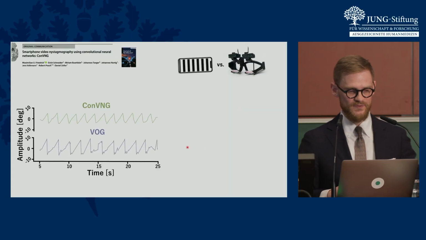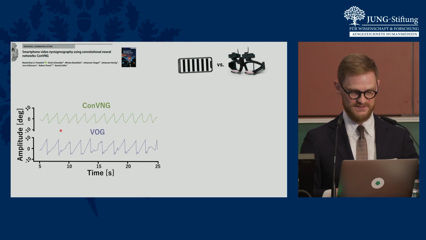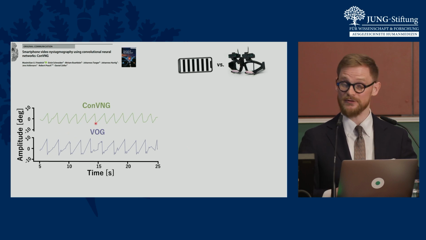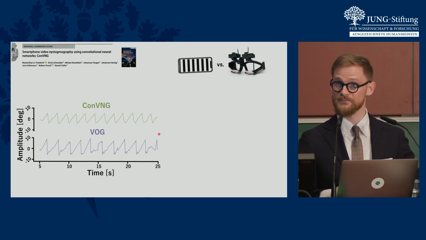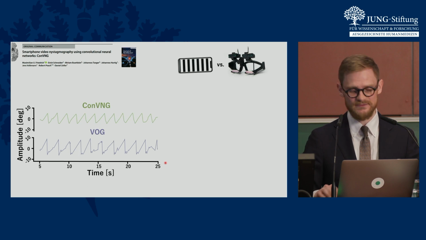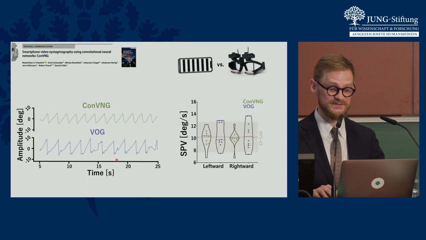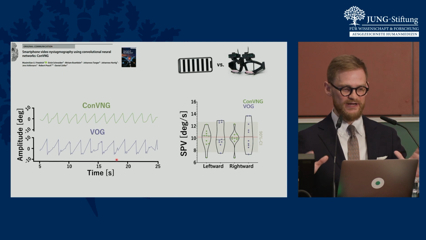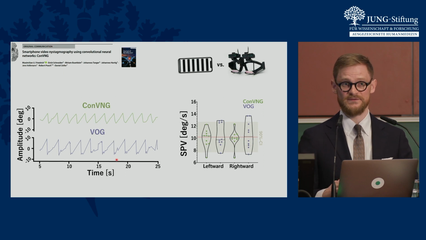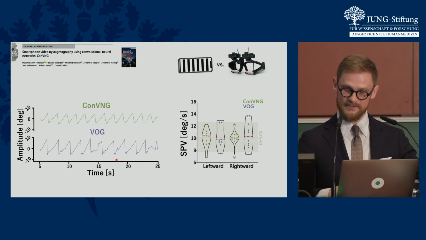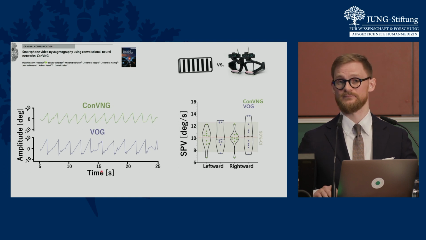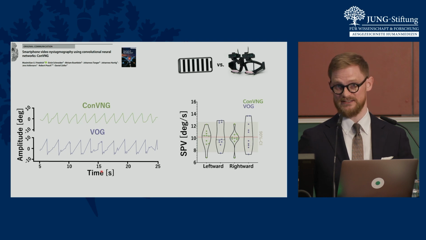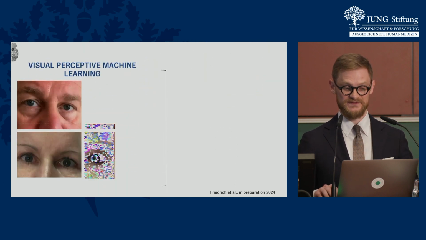So here you can see the traces that are being produced by both methods. Top row is the smartphone approach in green, and the bottom row is the gold standard. So it looks decent. It may not be as detailed, but it's still decent. But now, within clinically derived boundaries of equivalence, we found that our approach using smartphones can extract kinematic characteristics of nystagmus with equivalent accuracy to this method. So now we have a means in our pockets to really measure eye movements.